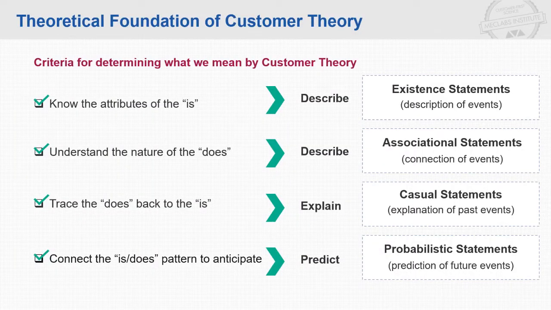So, know the attribute of the is. That's the existence statement, a description of events, what is. Understand the nature of the does. That's the associational statements, the connection of events. Here's what you do: you trace the does back to the is. And if you're thinking, well, wait a second, what are we talking about here? Well,